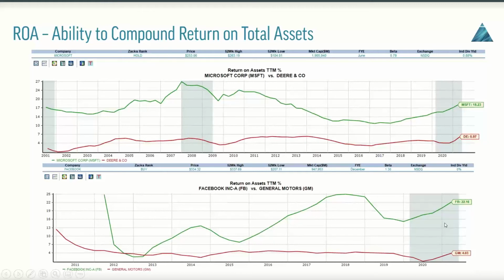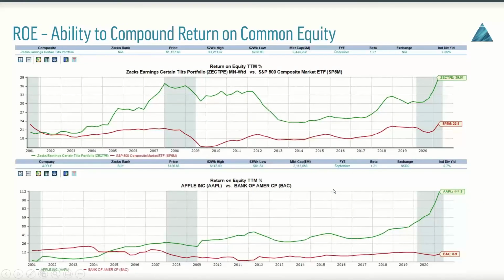And nobody really has anything good to say about Facebook. They can say all they want when you're compounding return on total assets at 5 times the rate of GM, and everyone's excited about GM. Just keep in mind these metrics matter. Okay. When we start taking a look at the ability to compound return on common equity, this is where things